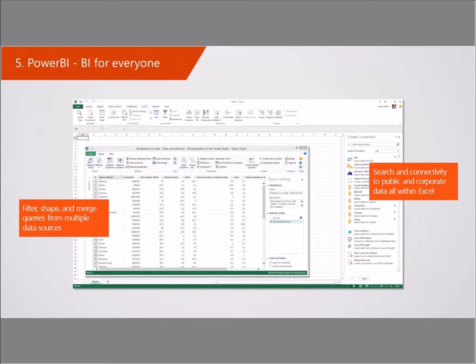Number five, Power BI. And I'm hoping most folks have heard of Power BI, have seen a presentation here and there about Power BI. But Power BI has come a long way. If you like Excel, or if you know how to create a chart from Excel, a pivot table, how to analyze data with Excel, you can create really nice and fancy dashboards and publish them. So Power BI allows anybody who knows Excel to analyze any type of data, and data that might be behind a corporate firewall.